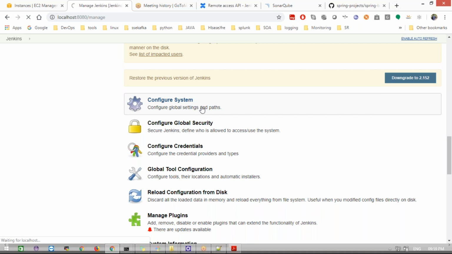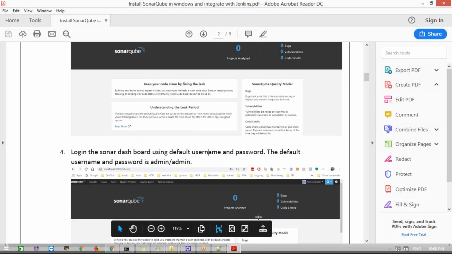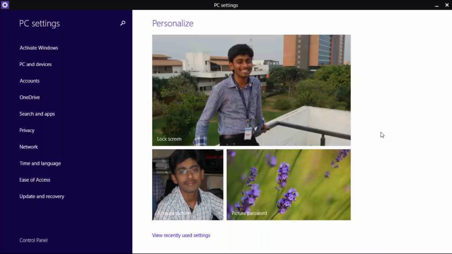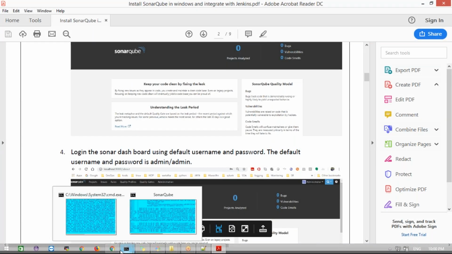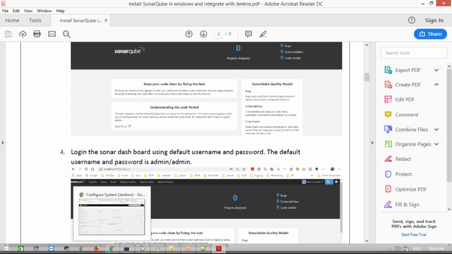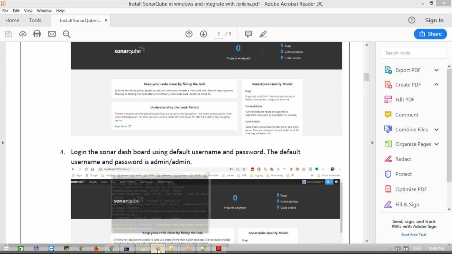Come. This is a first-time issue. Once it comes, it will load very fast. I'm closing the unwanted things.